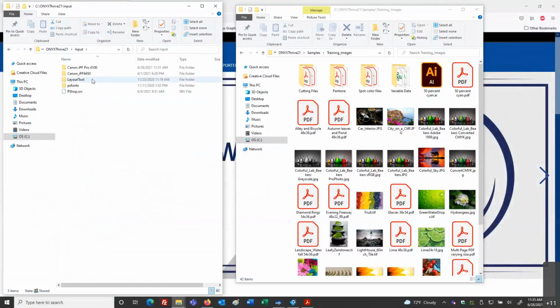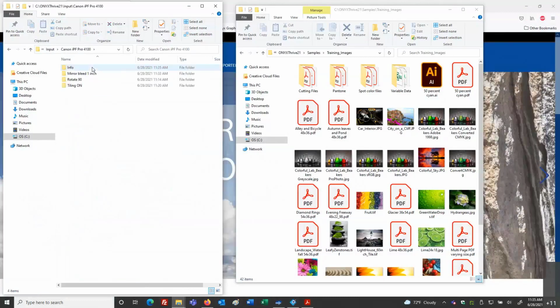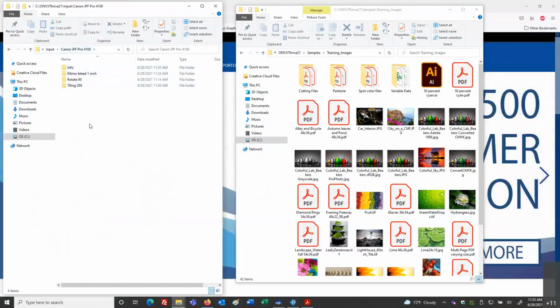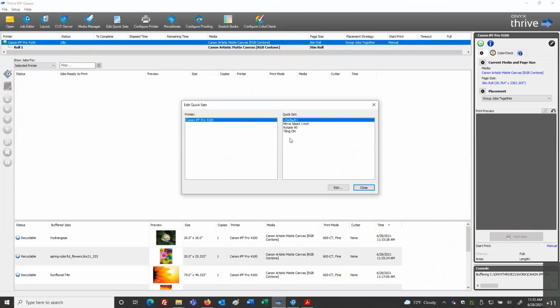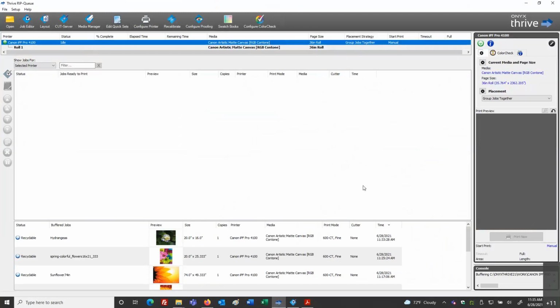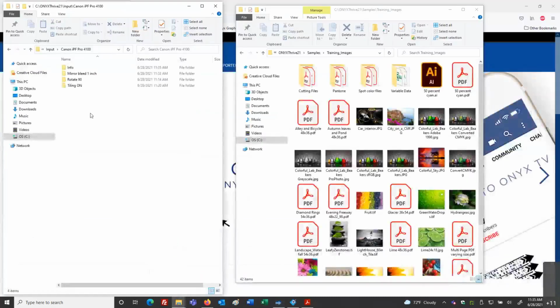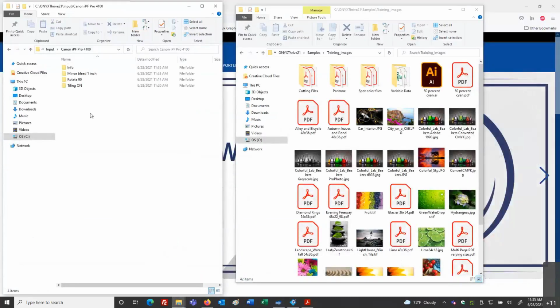Inside Input, there's our printer, and inside our printer are our hot folders. So as soon as we make a quick set, a hot folder is generated. If I delete a quick set, the hot folder is deleted. So this information is working together, okay? This is all internal and works together.